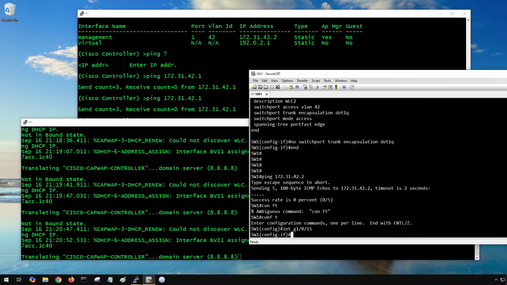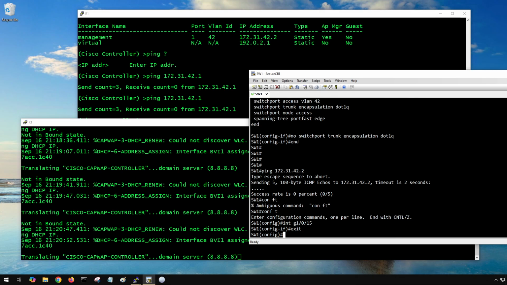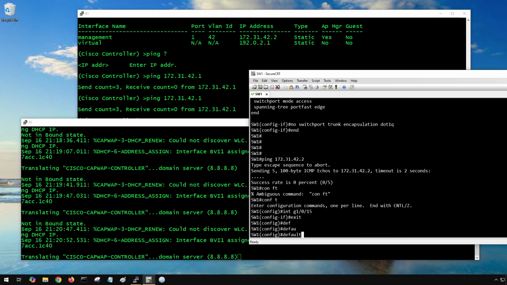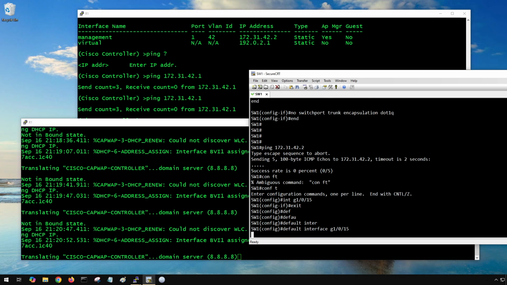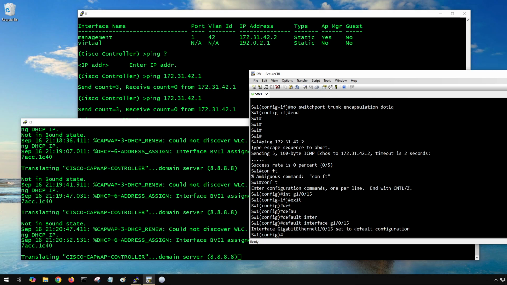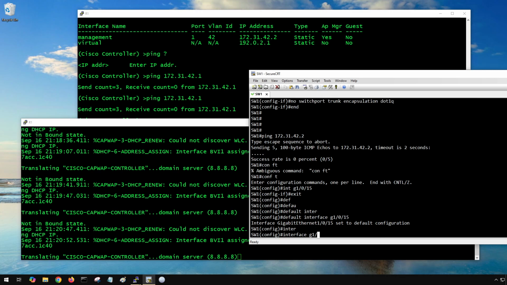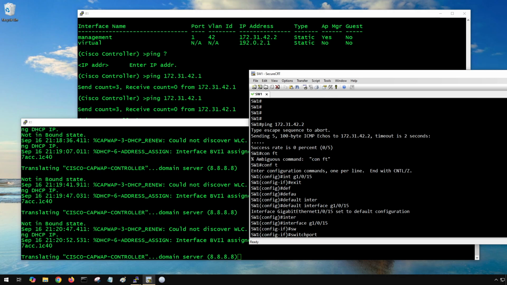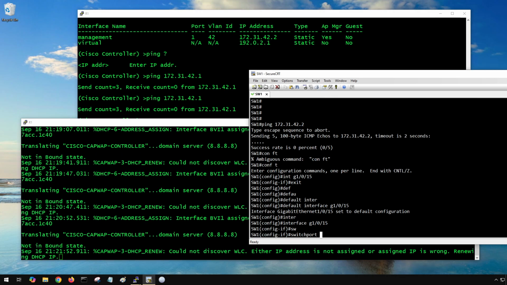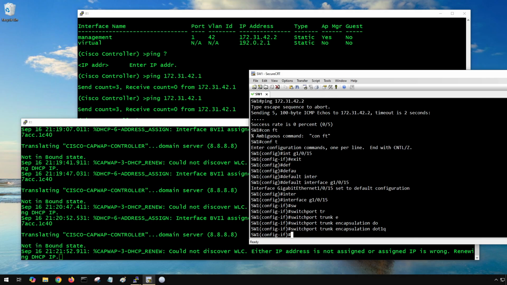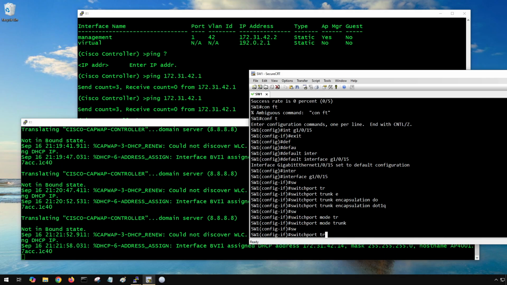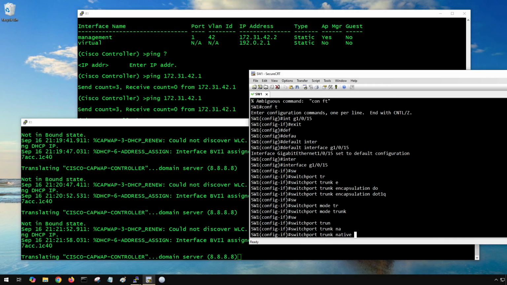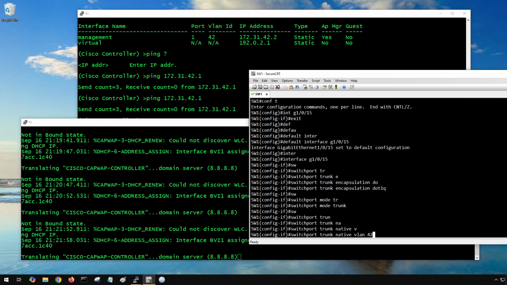we need it to be configured to do trunking. So I'm going to go ahead and say default interface gig 10/15, and I'm going to type in interface gig 10/15, switchport trunk encapsulation dot1Q, switchport mode trunk, switchport trunk native VLAN is 42,